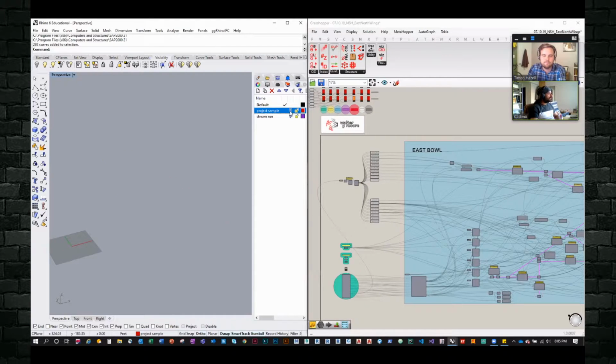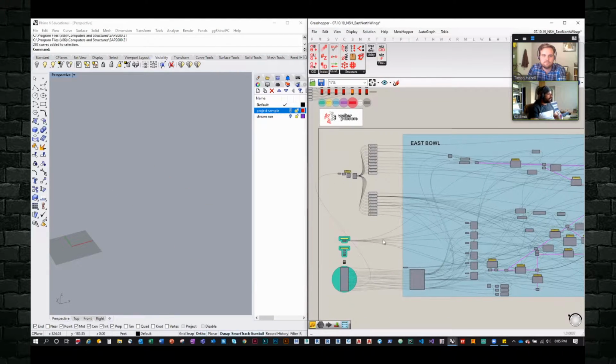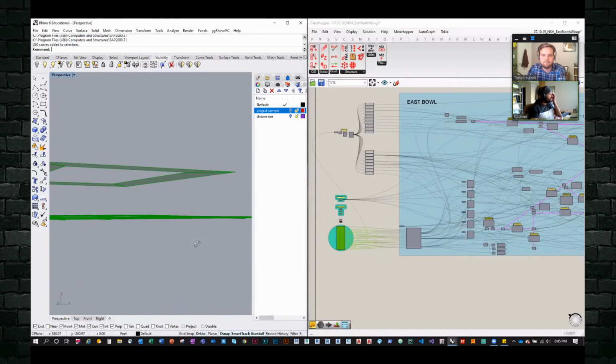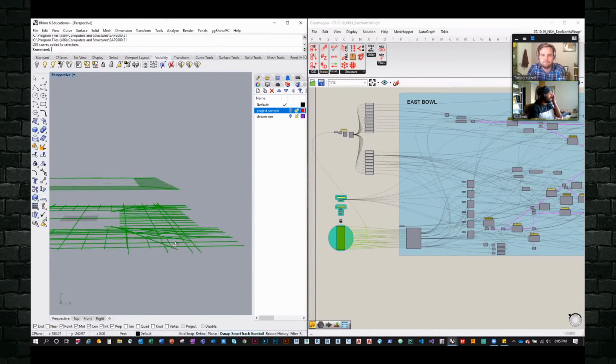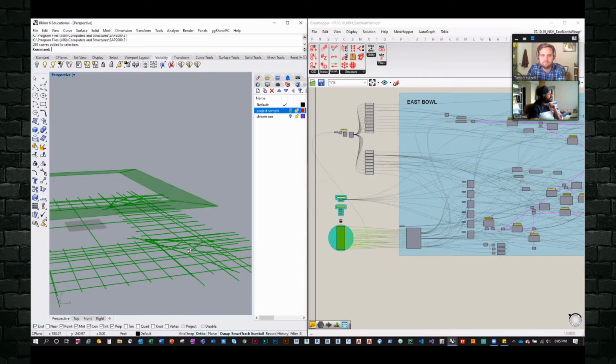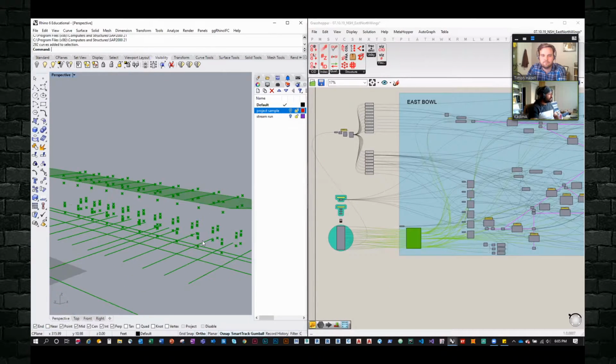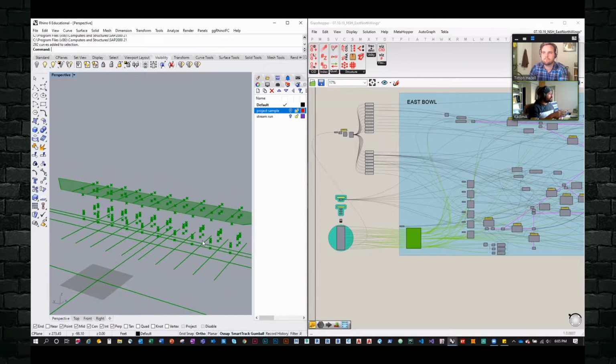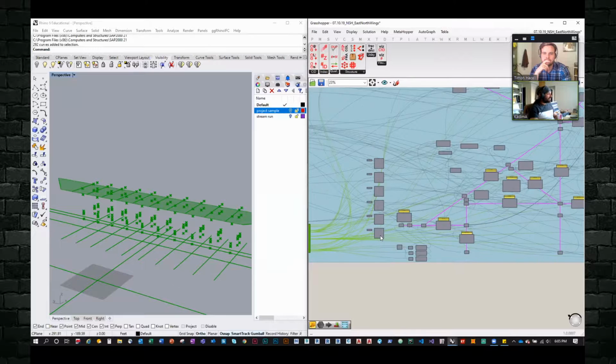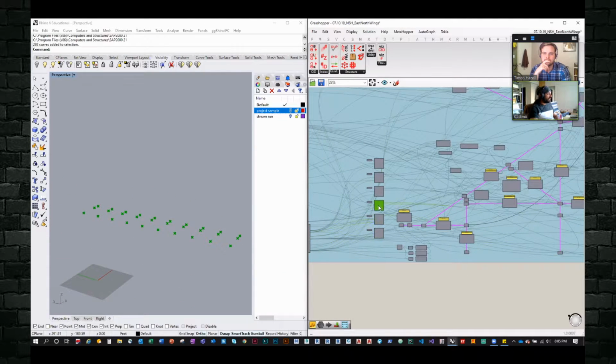Just to give you a preview, the script basically takes inputs such as structural grids and top of canopy from the architectural model, and then it generates this point cloud. I'm feeding into the script how I want to dissect the stadium: east, west, north, south, and then whichever corners. And then I take this point cloud and divide it into levels.